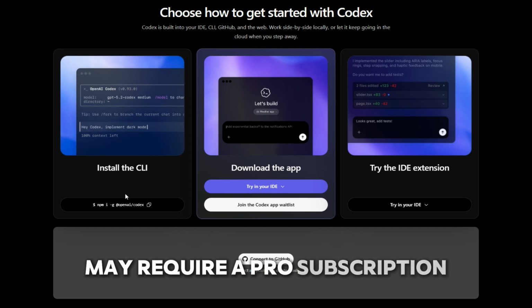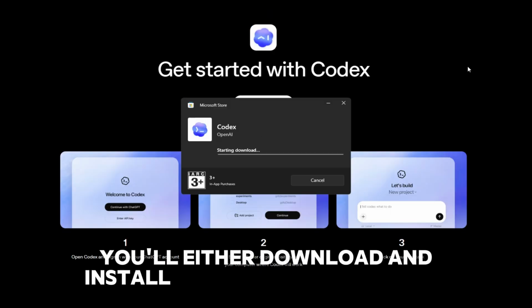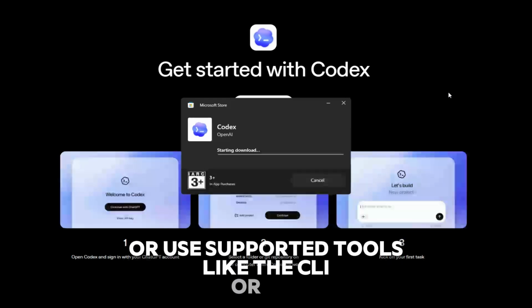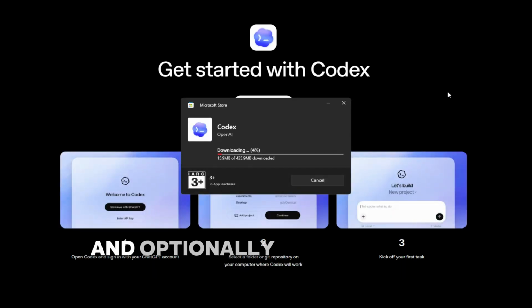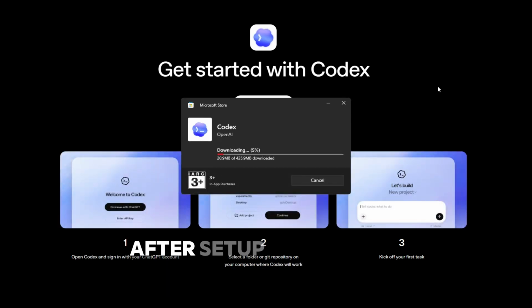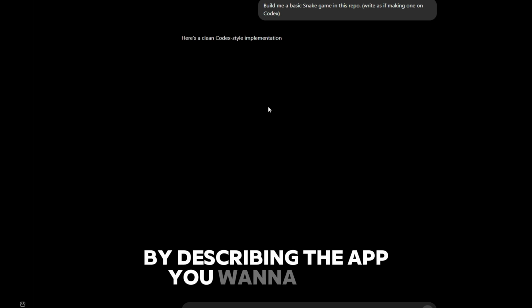require a Pro subscription. Once inside Codex, you'll either download and install the Codex environment or use supported tools like the CLI or IDE extensions for VS Code, Cursor, JetBrains, or Warp, and optionally, connect your GitHub account to manage your projects. After setup, open Codex and start a new project by describing the app you want to build and